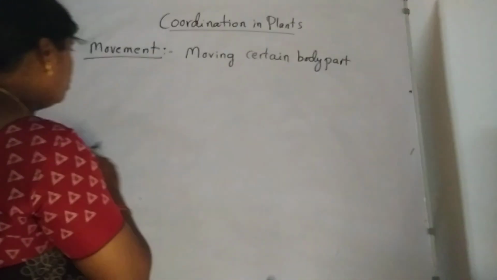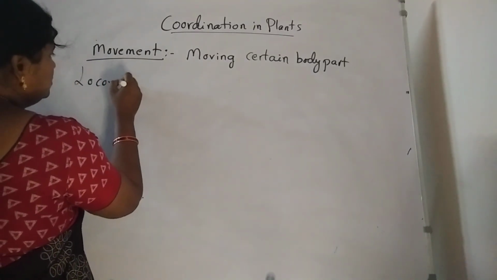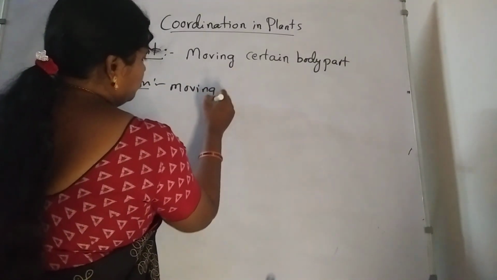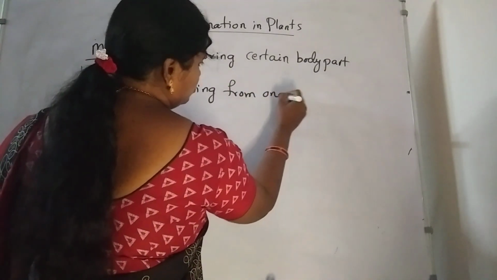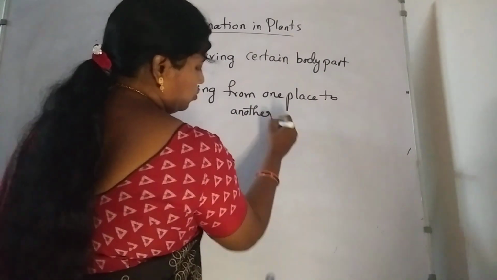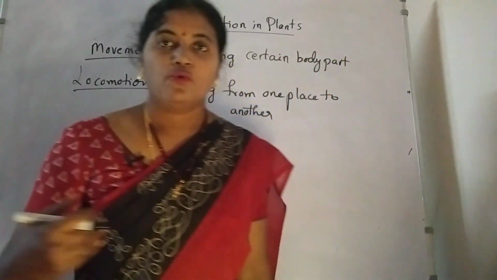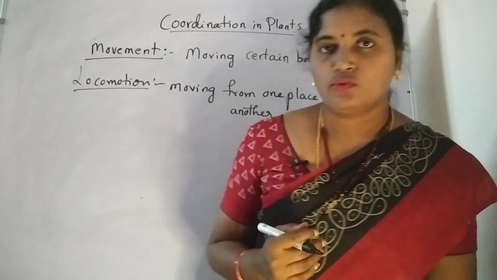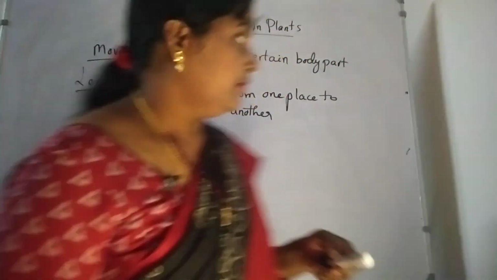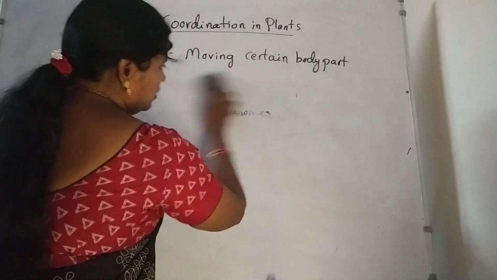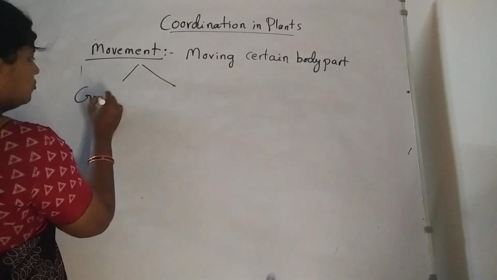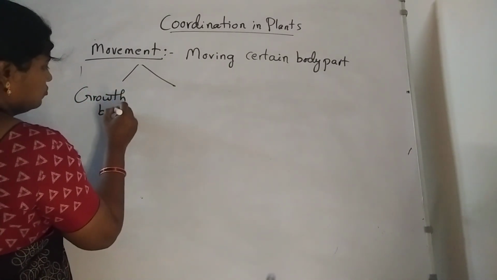And then locomotion. Locomotion means moving from one place to another place. If I am walking, I am moving from one place to another, which is known as locomotion. Here movements are of two types. Write down: growth based movements,